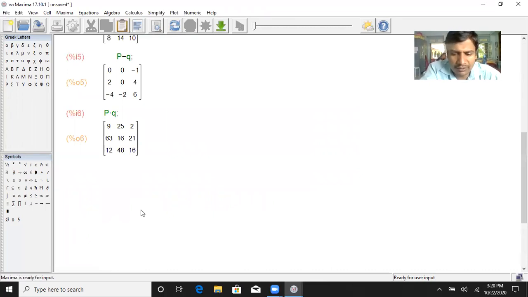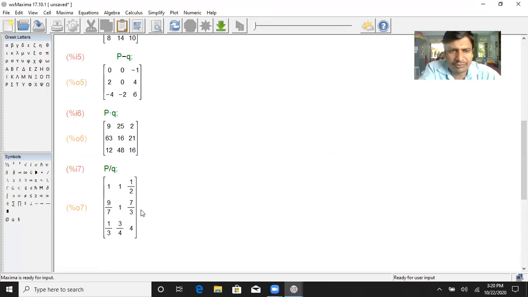Suppose divide means you take P divide Q, then semicolon, then shift enter. Okay, this one, 3 by 3 means 1, and 5 by 5 means 1. That is divide, and so we covered matrix addition, matrix subtraction, matrix multiplication and matrix division.